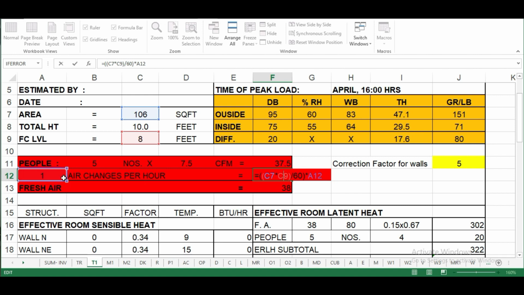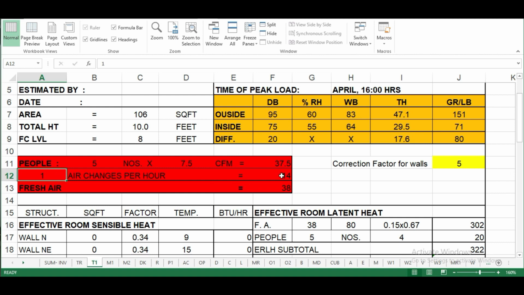Since we are calculating for residential, we are considering air changes per hour equal to 1. You may also use an air change of 1 in commercial purposes. In some cases, like some multiplex or mall, the air changes vary. You must know what air changes per hour to be considered. Basically there is a chart where you may find which air changes to select for which conditions. If you don't know, let me know. I'll give you that data so that you can use it.